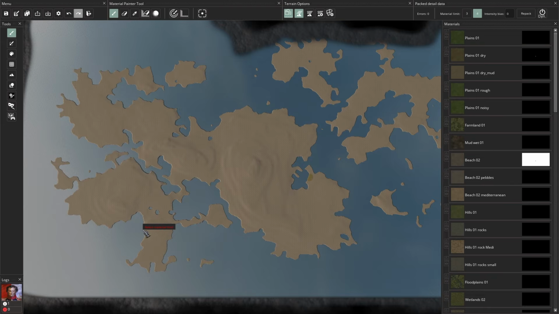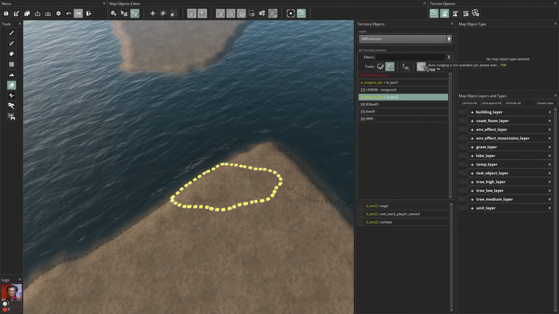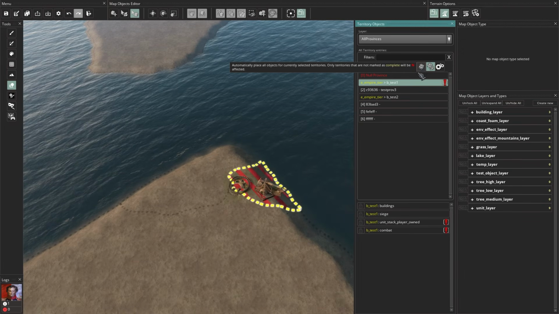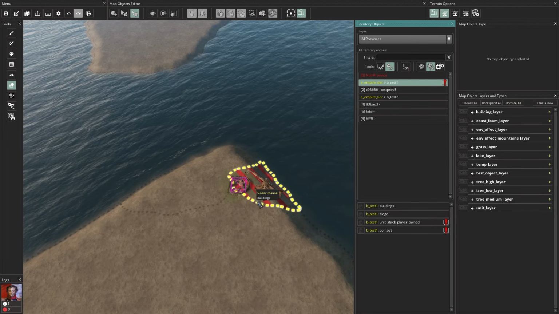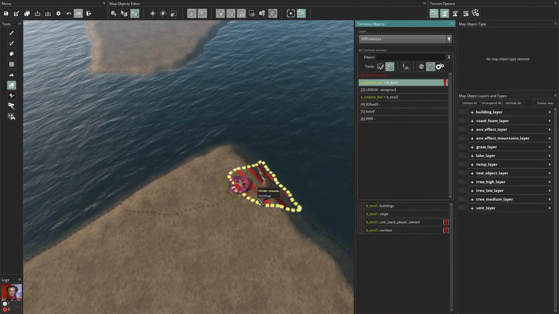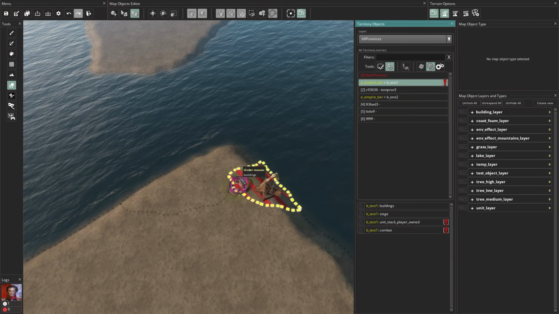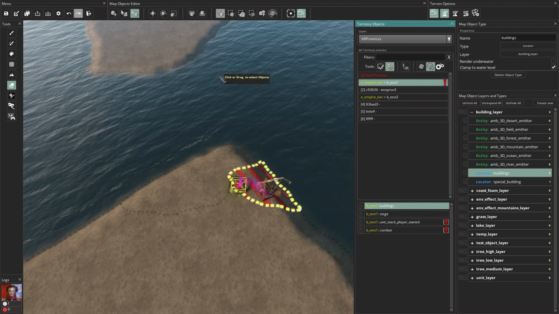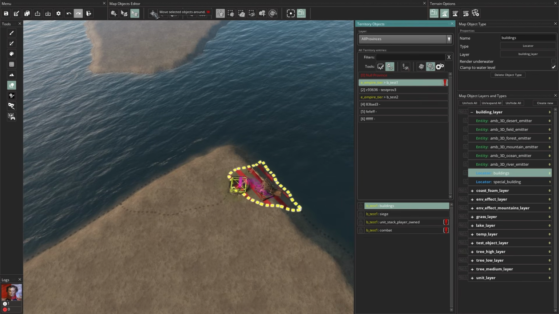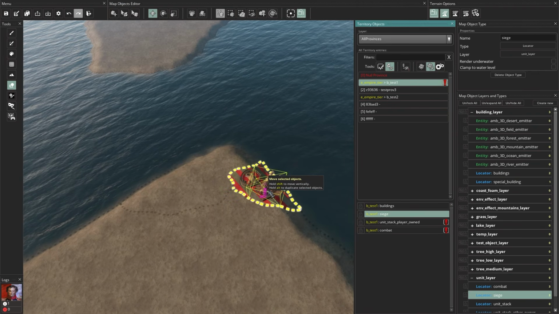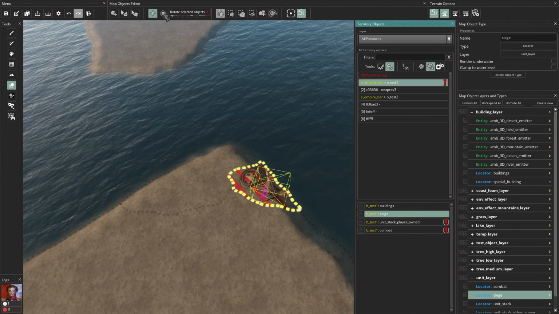So back in the map editor, we go to Map Objects Editor. We wait for this to load up, and we're gonna click the Auto Nudge button right here. So this automatically places the building, the siege, the unit stack player owned, and the combat on your province. So this province is actually really small by accident, so it doesn't fit them very well. But you can select your building, then select your move tool and move it into the right position. The same for the siege. You can also rotate it by clicking E,